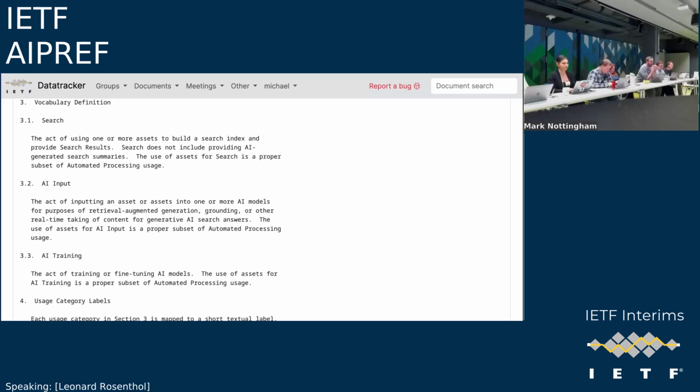Yeah, I said this in email as well, but I will note it. My biggest concern with this particular proposal, and I realize where it's coming from, is that first and foremost, especially in the definition of AI input, it locks it into search answers. If we remove those two words, I think the definition of AI input would be better because it is not limited only to search. So that would be one thing.